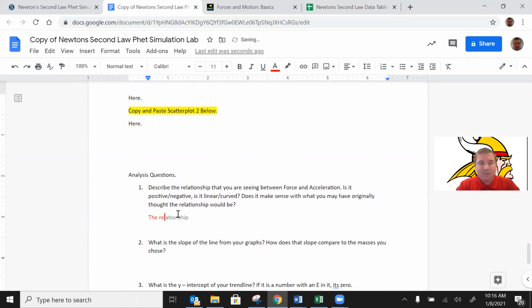The relationship is positive and linear. We can see that because the line angles upward. It's also a straight line. Does that make sense with what we think, right? So as we increase force, did we expect acceleration to increase? I think that makes sense, right? That kind of makes sense with what we've seen in the world. So yes, this relationship does make sense